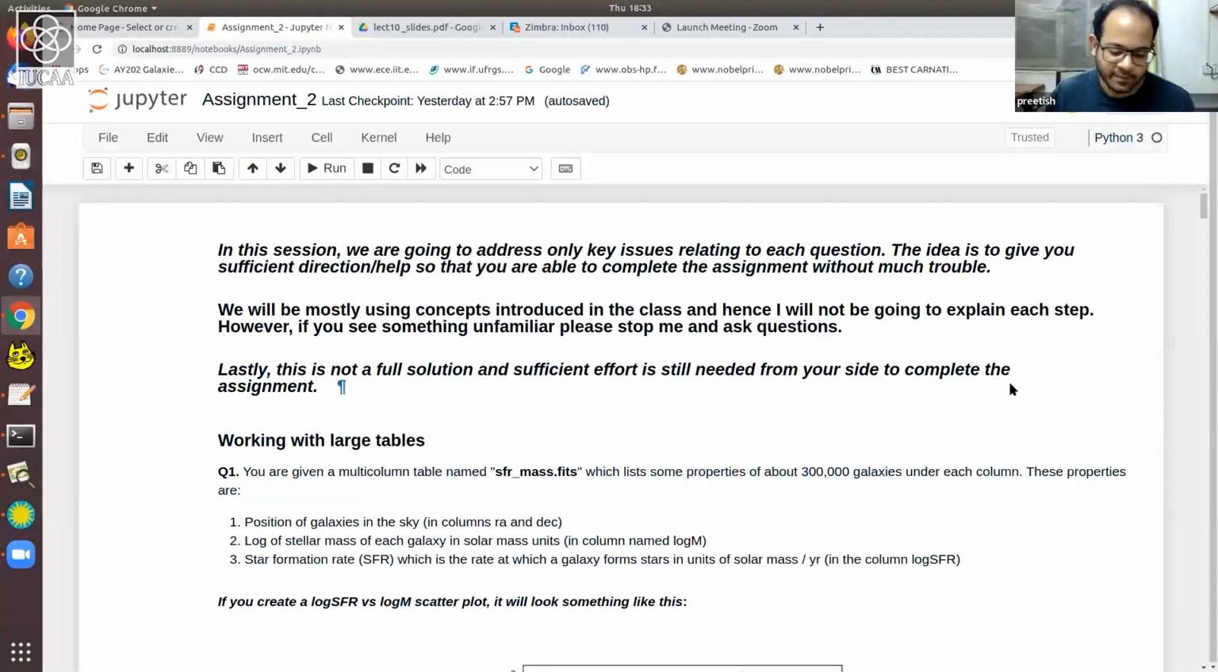Okay. And so before we begin, this is a kind of disclaimer that this is not a full solution to any of the problems. Okay. And so sufficient effort is still needed from your side to complete the assignment. And so in the next tutorial, we'll cover the whole assignment. And I plan that it should be much more interactive, where both your solutions and my solution should be presented. Okay, so I'll directly dive into